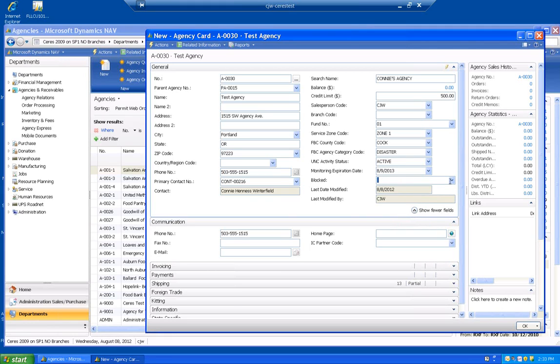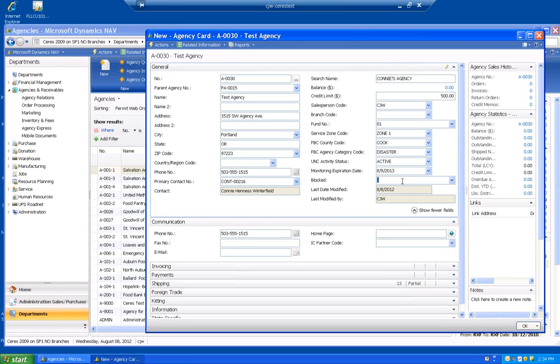The blocked field, similar to the blocked field on the parent agency, you have the same choices: blank, ship, invoice, and all, and the same criteria occurs, only that this is only for this particular agency, whereas if you have a setting on the parent agency, it will apply to all agencies that are associated with the parent. So be sure that if you're making a change and it's just for a specific agency where agencies share a parent,